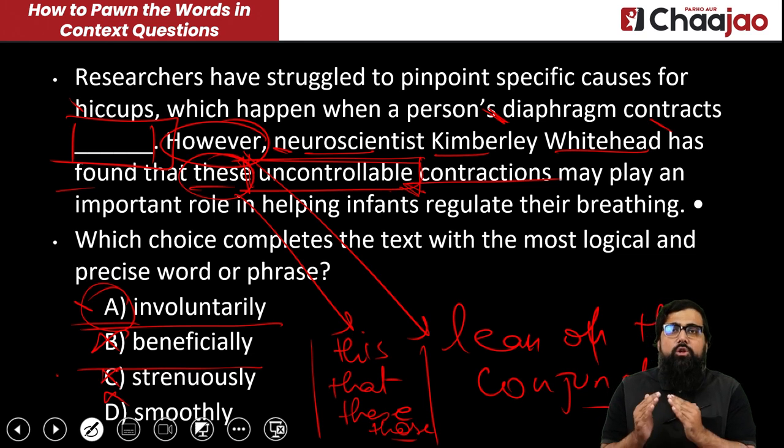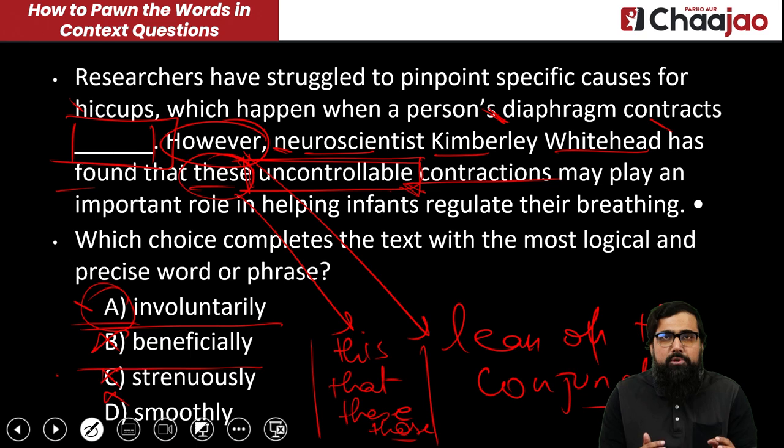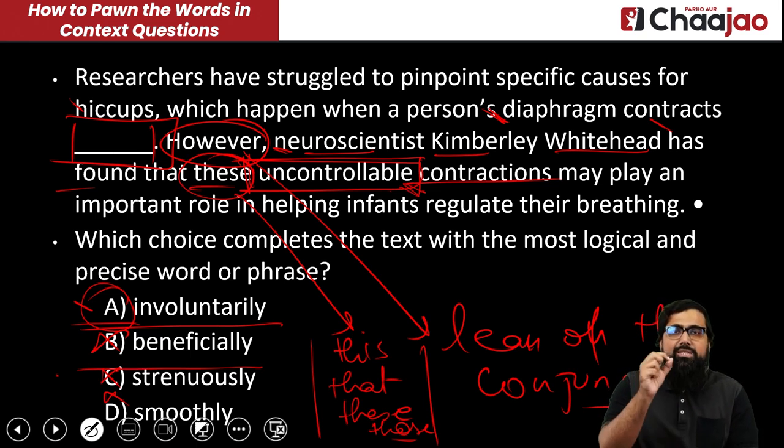You have to have a word in your mind that you know should come in the blank, and then you should go to the options, and in the options you have to find the word that is closest to the word that you thought, right? Without processing what should come in the blank, if you go to the options, chances are you'll falter on it, right? So the best way to go about the words in context question is to first figure out what should come in the blank, then go on to the options and compare it. I'm repeating it, but this is very important, and this is something that you can apply on all the questions.